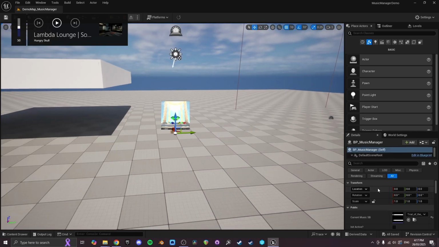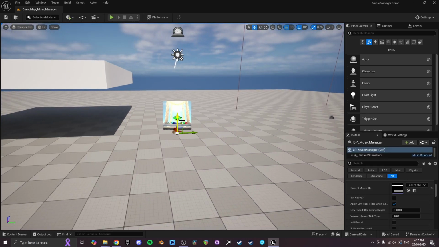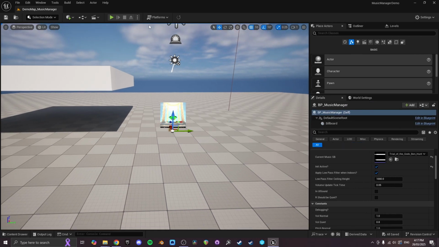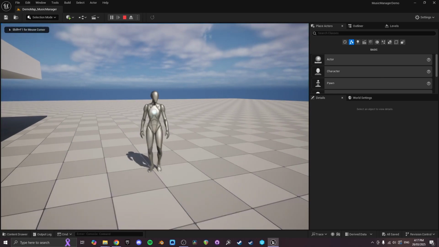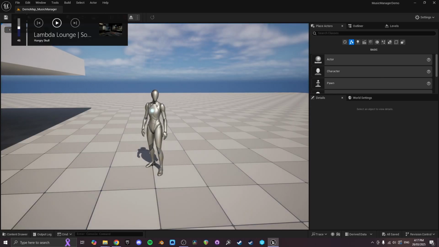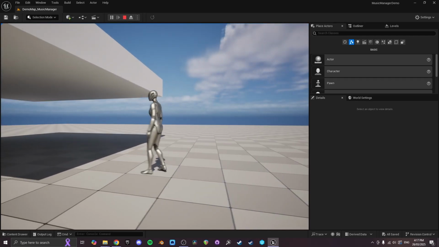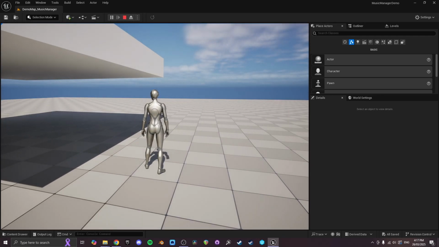I don't hear any music playing. Here we go. So down here, initial active, set that to true, and then your music is in there. I'll go through all these settings in just a second, but if I jump in, we got some music playing, and now if I walk under this, it's going to register that I'm indoors, and